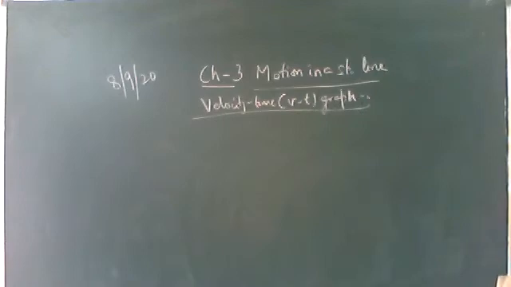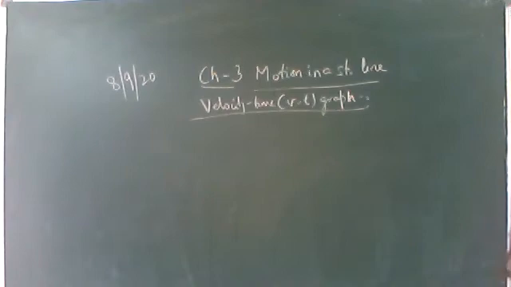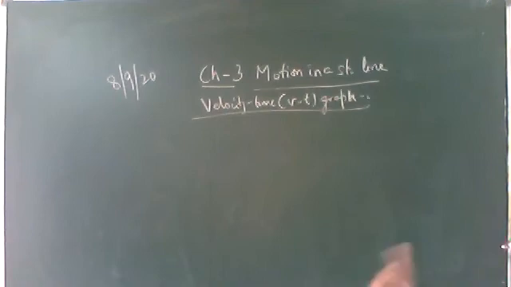Okay, now from the velocity time graph, two physical quantities can be determined. The first one is the acceleration. The slope of the velocity time graph will give the acceleration, and the area covered under the velocity time graph will give you the distance traveled. So two things can be determined from the velocity time graph. So write down, two physical quantities can be determined from VT graph.